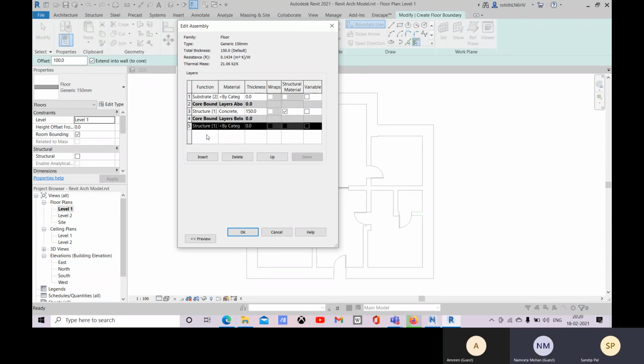The first one above is the floor finish, right? This one. Yes. Then the second, like structure, is the main structure slab, and then the fifth one is the finish below the slab. Yes, right. So that below the slab is the ceiling of the below floor, is what I'm asking. Like plaster.